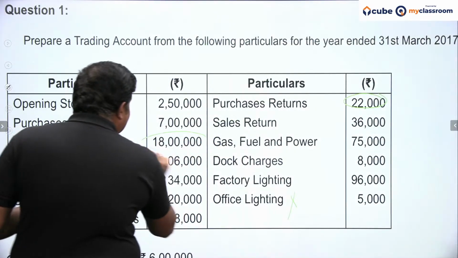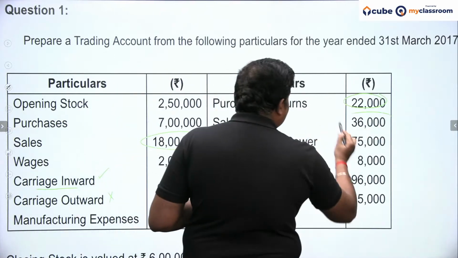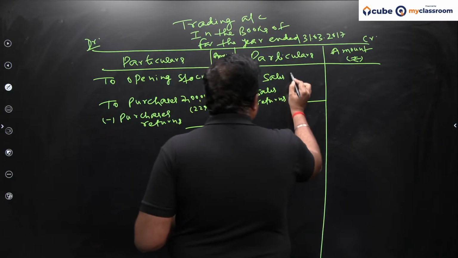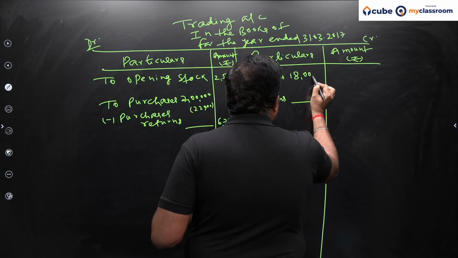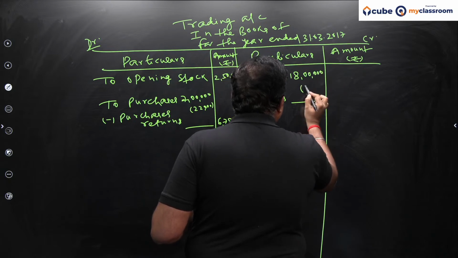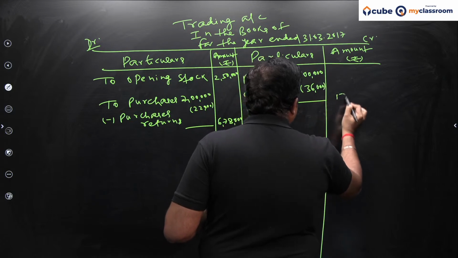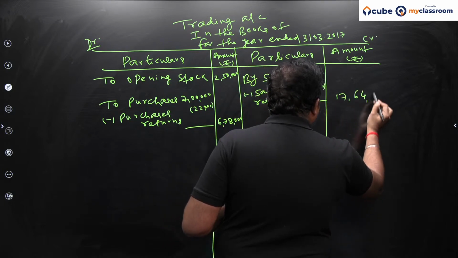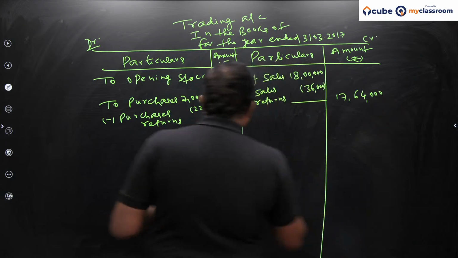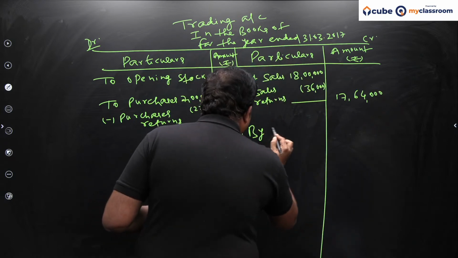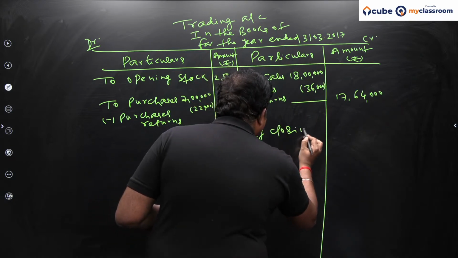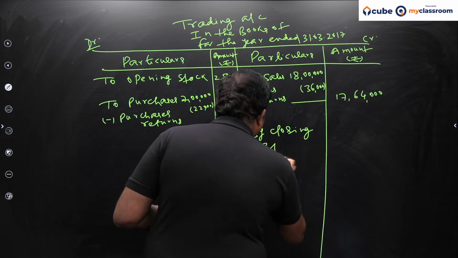Sales is 18 lakh and sales return is 36,000. So this should be 17,64,000. And yes, closing stock भी मेंशन है और closing stock 6 लाख रुपीस का मेंशन है।